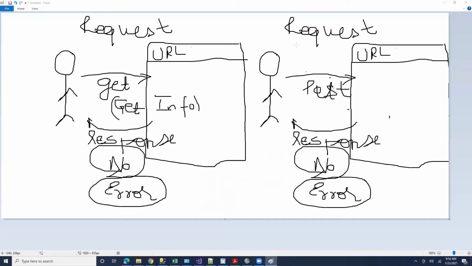So there are two types of posts. Not two types of posts, two levels of giving information. One level is just giving information, that's post. So if you are telling your friend your score, you are posting your score to your friend.